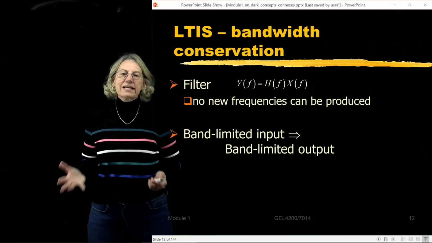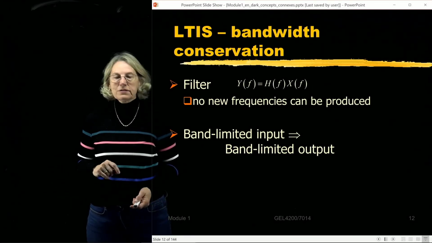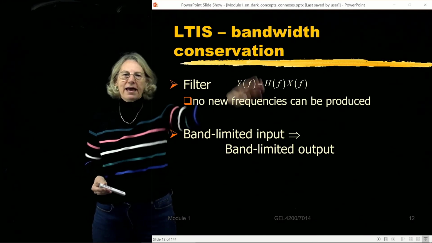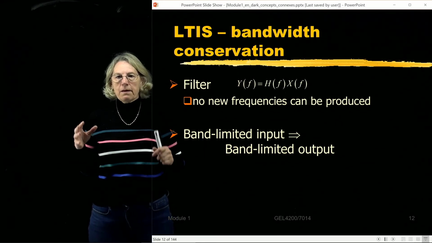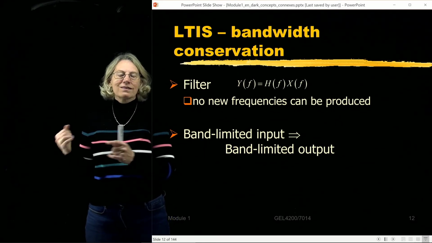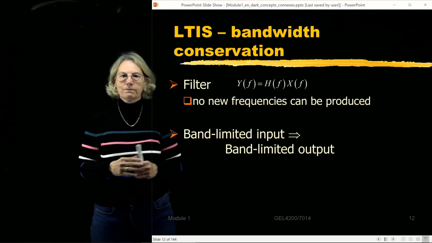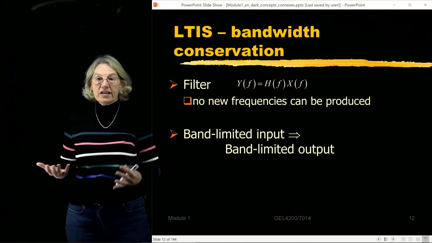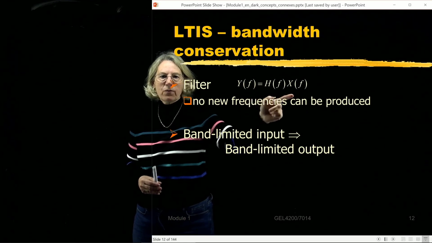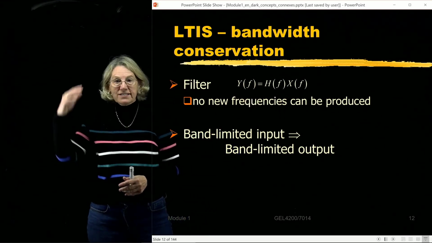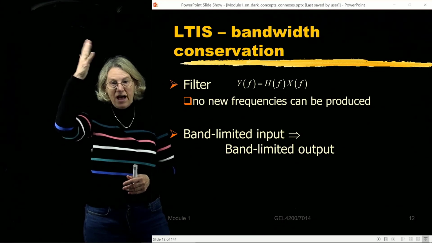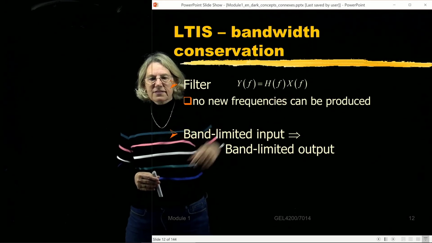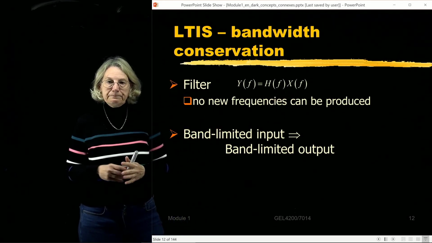So now let's think about this, one frequency in, one frequency out. And this property actually has a profound implication. And the implication is what we call bandwidth conservation. That the bandwidth of a signal at the input limits the bandwidth at the output also. So in other words, no new frequencies can be created. And we can see this right away from this simple representation. So before I said that H of f was the ratio of output to input. Another way to put it is that the output is the product of the frequency response times the input signal spectrum,